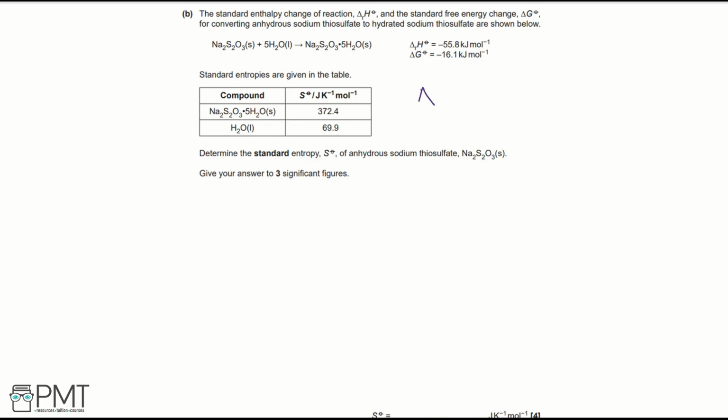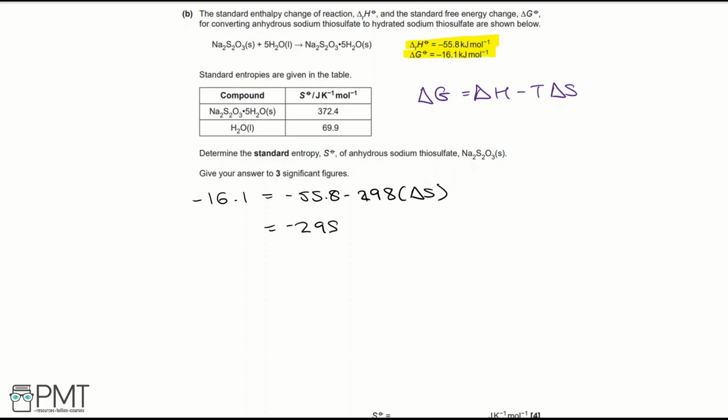So firstly, we're going to be using the equation delta G equals delta H minus T delta S. So using our delta H and delta G values that we've been given, and T as 298 Kelvin, we can plug the numbers into the equation. So we get minus 16.1 equals minus 55.8 minus 298 times delta S. Rearrange, we get minus 298 delta S equals